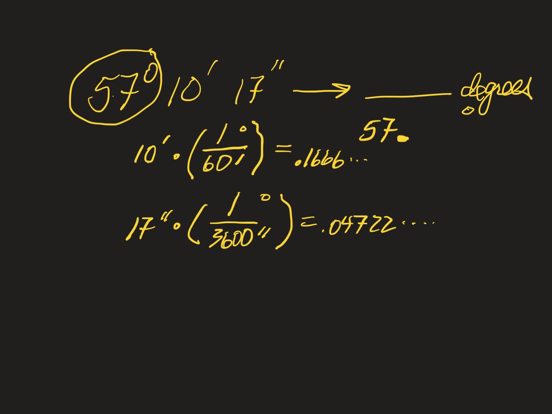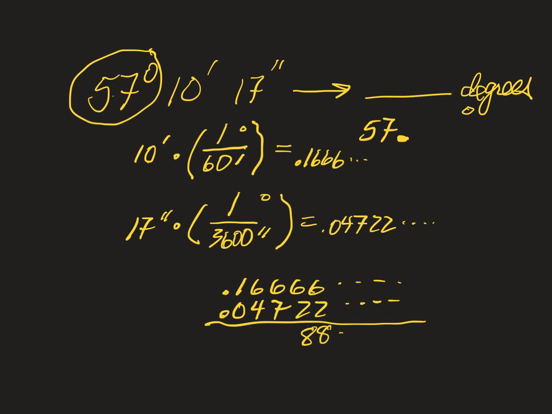Okay? And that'll give us the rest of our decimals. So if you look at this, we have 0.16666, and that goes on forever. And then we have 0.04722, and that goes on forever. So as you can see, the 6 and the 2 will add together, and that'll give you repeating 8's from this point. And then the 6 and the 7, that's 13. Carry your 1. 7 and 4 is 11. Carry your 1. And we get 2. So the correct decimal is